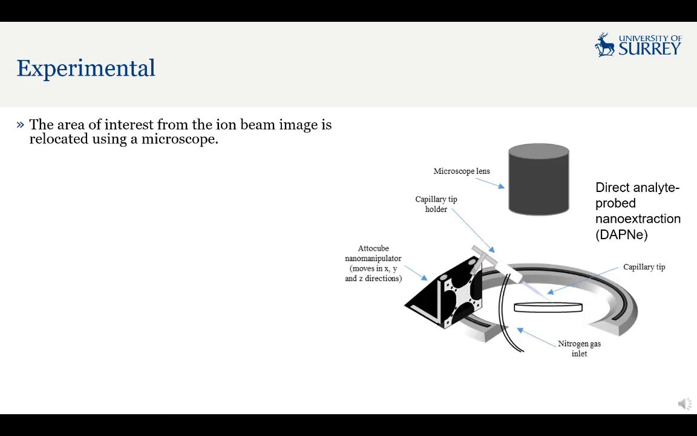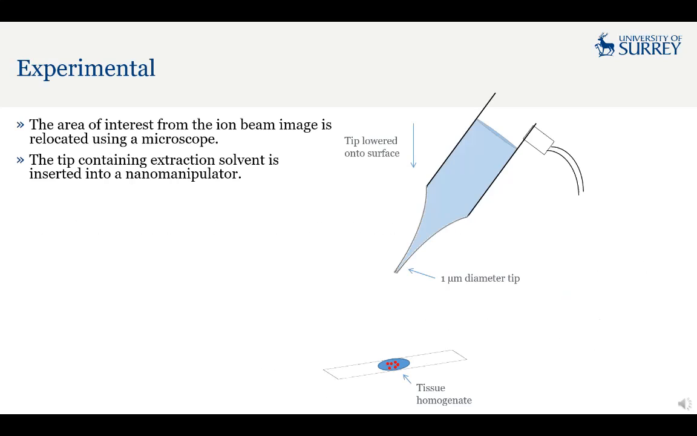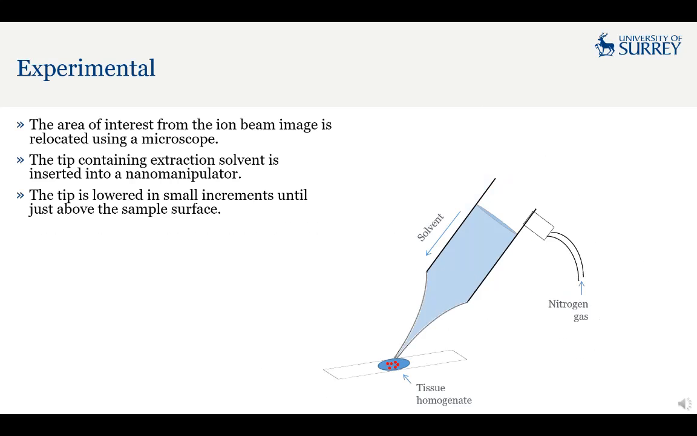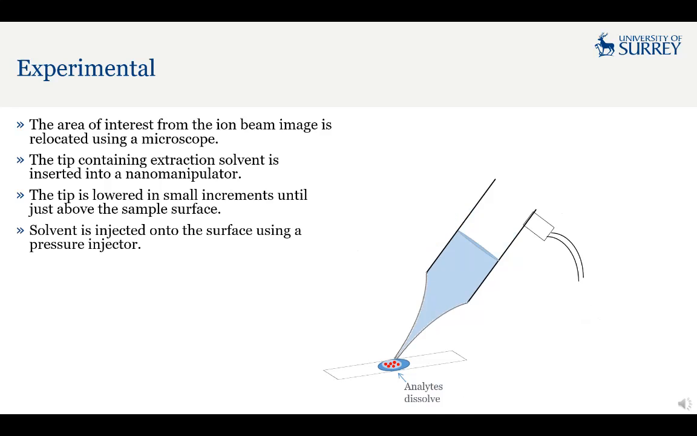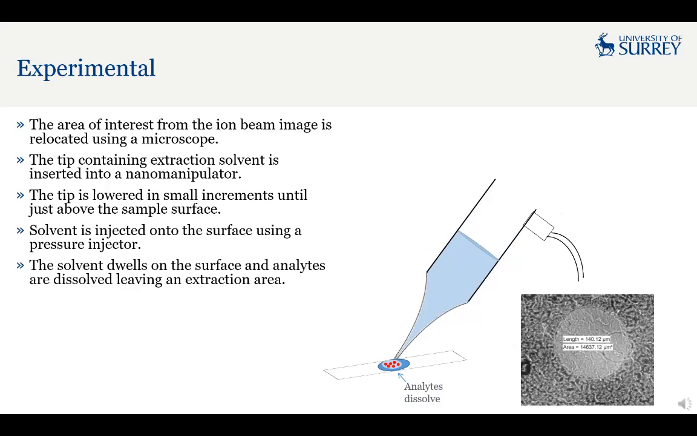The area of interest from the ion beam image is relocated using a microscope. A capillary tip containing an extraction solvent optimized for the sample being analysed is inserted into an ion manipulator. The tip is lowered in small increments until just above the sample surface. The solvent is injected onto the surface in a discrete area using a pressure injector. The solvent dwells on the surface and analytes are dissolved, which leaves an extraction area which can be measured using